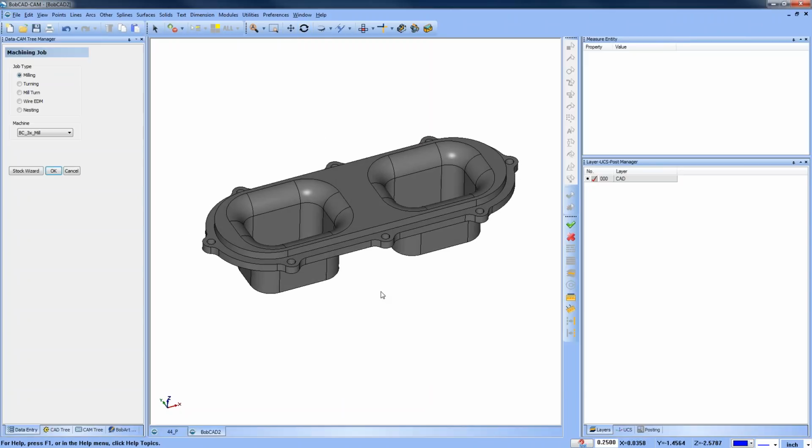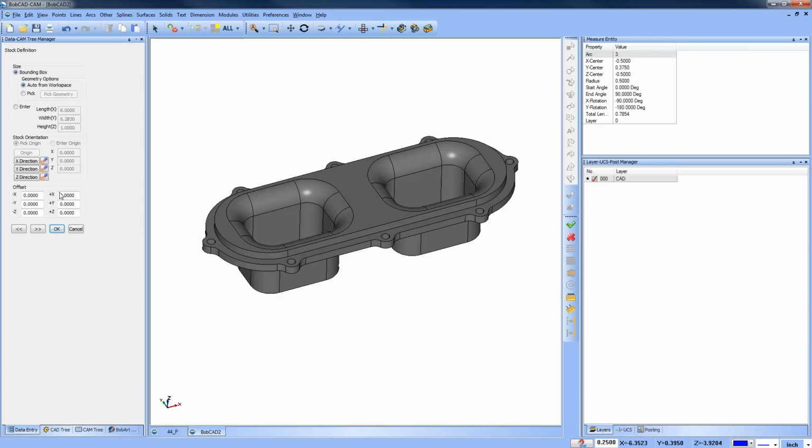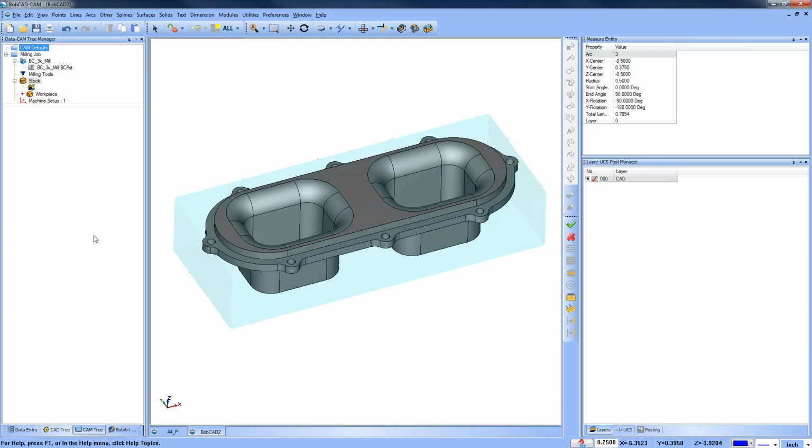The first thing that I would say to you guys, whether you're new to BobCAD or in general, is to try to let the tool do as much work as possible. If you can get away with a radius end mill, a corner rounder, we can come in here and profile this in one shot. So keep that in mind. If I measure this radius, I have a 1/2 inch radius here. So if I didn't want to use a ball mill and I wanted to break this edge,